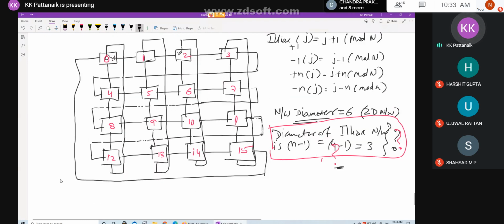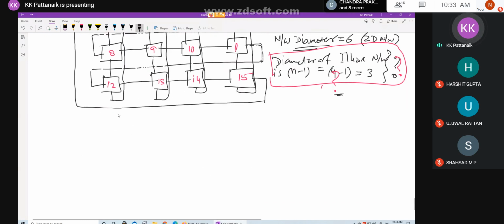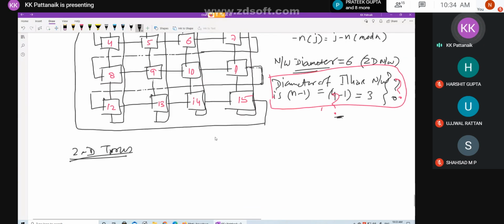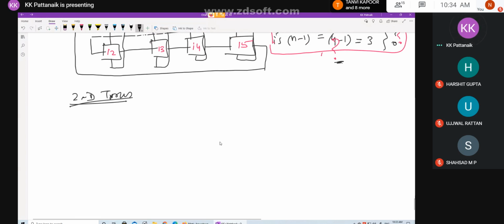Then another interconnection network is the 2D torus. So the 2D torus is a little optimized version of the iliac network, wherein